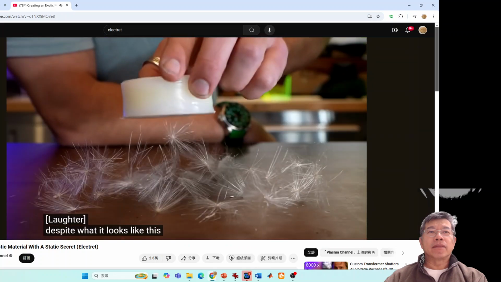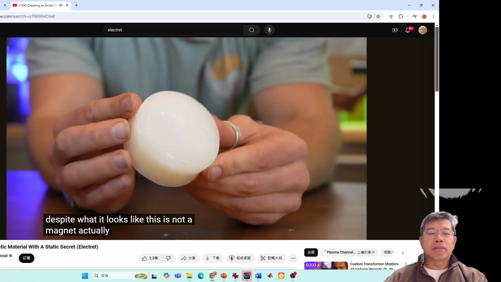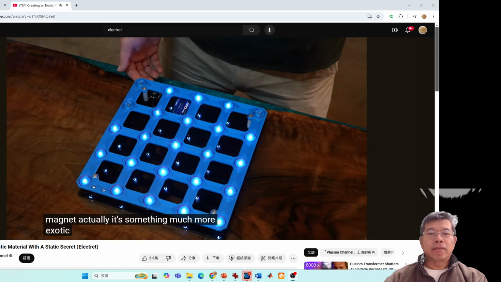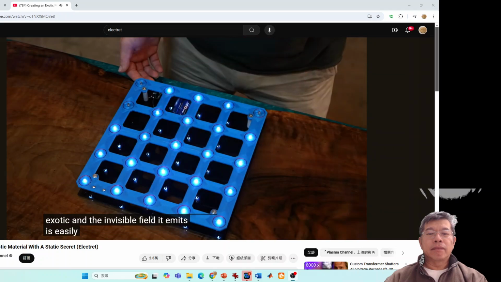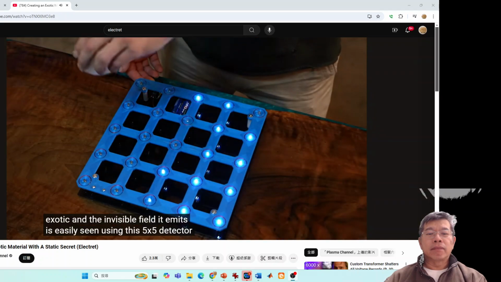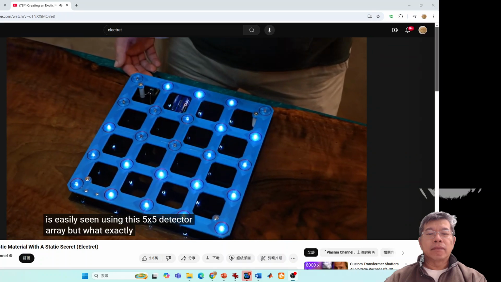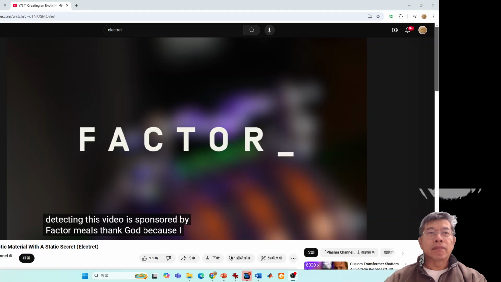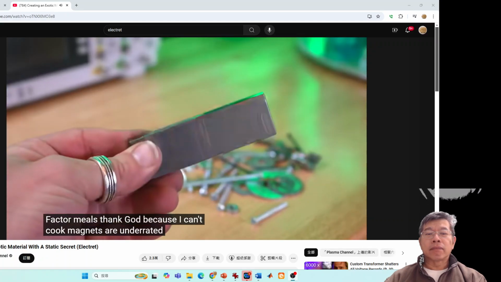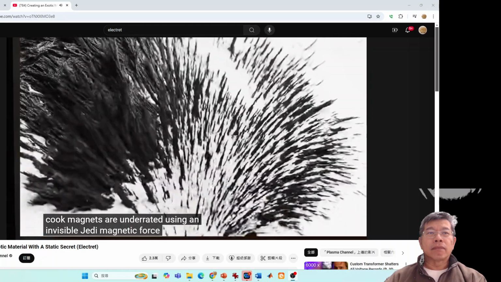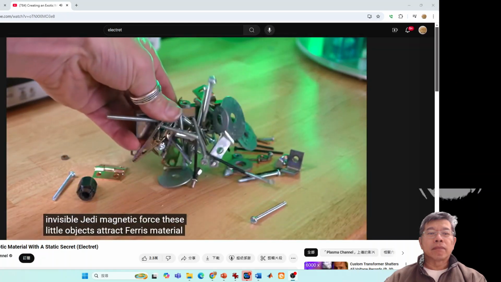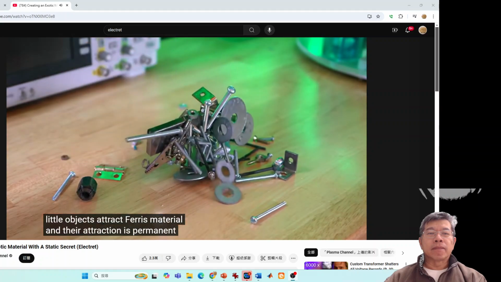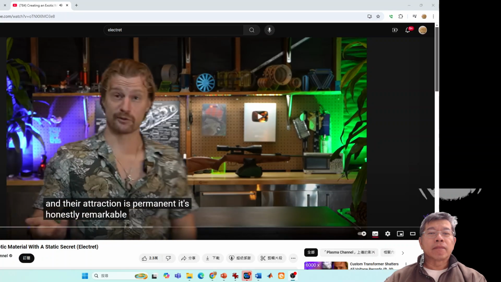Despite what it looks like, this is not a magnet. Actually, it's something much more exotic. And the invisible field it emits is easily seen using this 5x5 detector array. But what exactly is the grid detecting? This video is sponsored by Factor Meals. Thank God, because I can't cook. Magnets are underrated. Using an invisible Jedi magnetic force, these little objects attract ferrous material, and their attraction is permanent. It's honestly remarkable, but is there